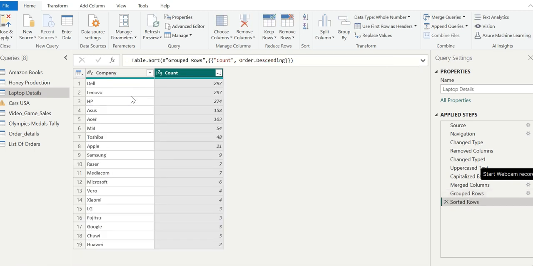In this case, the laptop brand with the highest representation in the dataset appears at the top. So Dell and Lenovo have nearly 300 laptops and appear at the top, followed closely by HP.